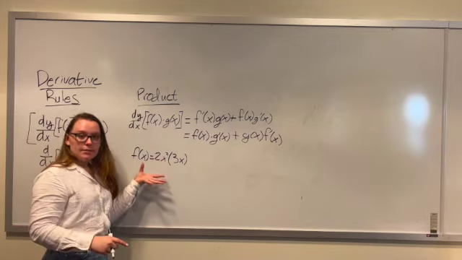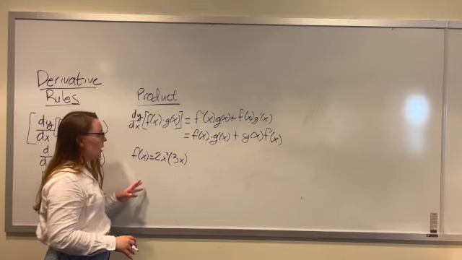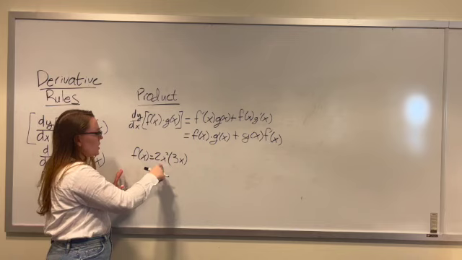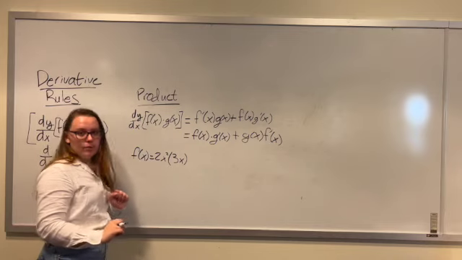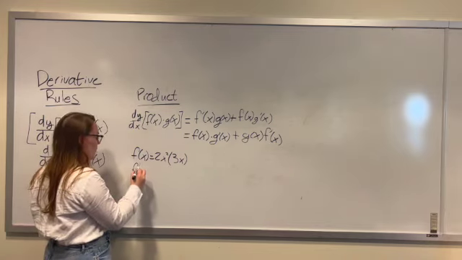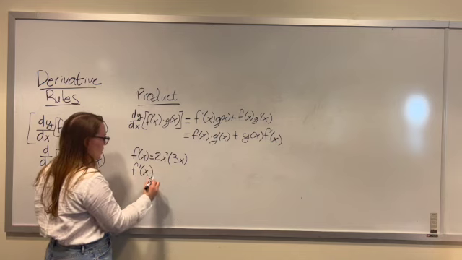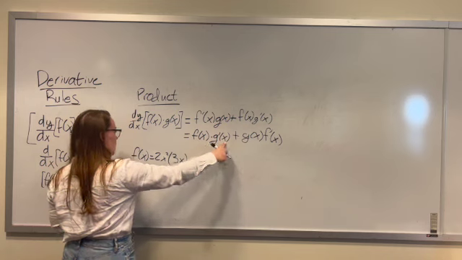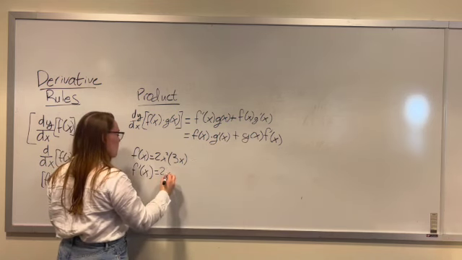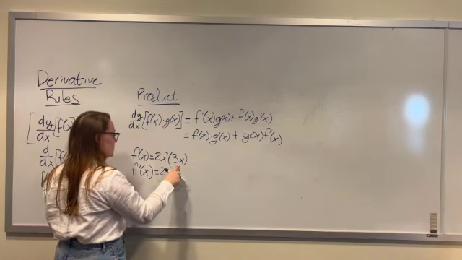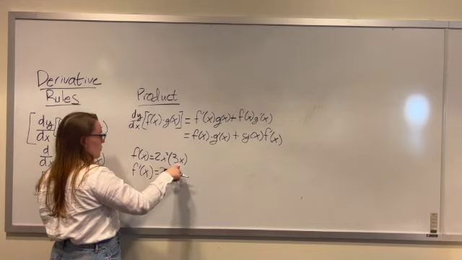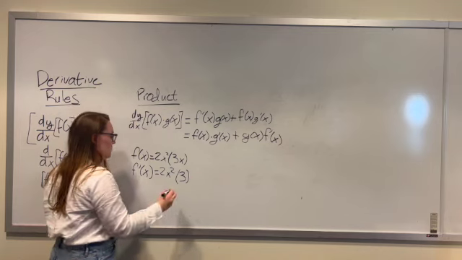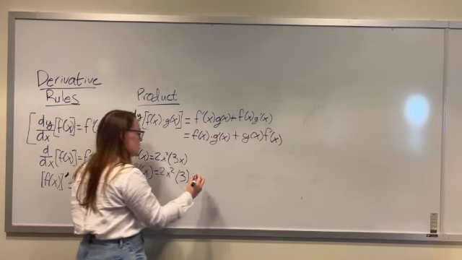So let's say we are given the function 2x squared times 3x. So we could just expand these out and apply the power rule, but let's use the product rule right now and say that f of x is 2x squared and g of x is 3x. So then f prime of x becomes first d last. So it's going to be 2x squared times the derivative of 3x. Using the power rule, this is just 3, plus last, which is 3x,